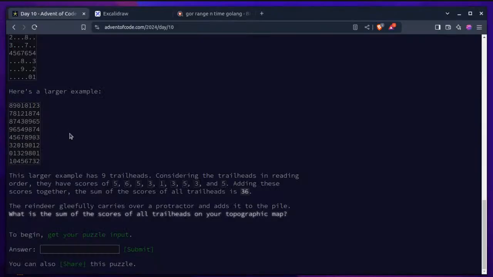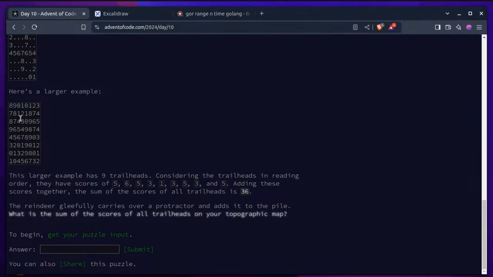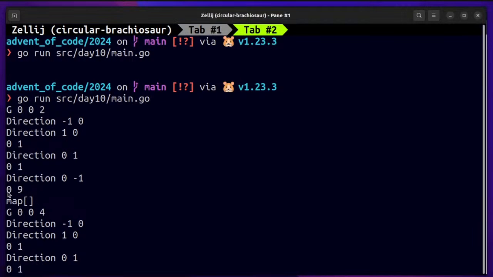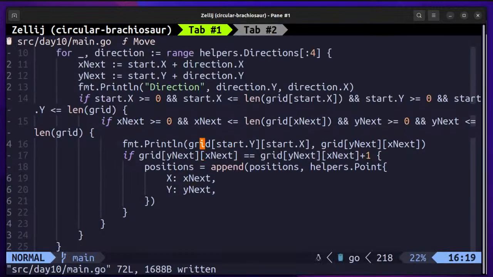So now we found 0 and 1. We have found two possible cases here, 0 and 1. Then 0 and 9 is not a valid way to get that, right? So the move